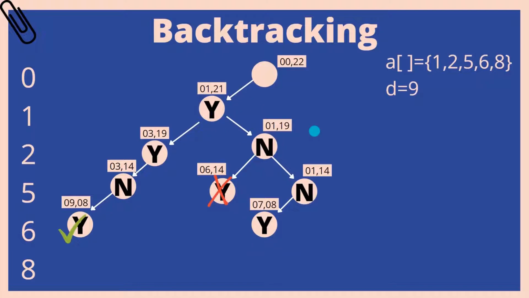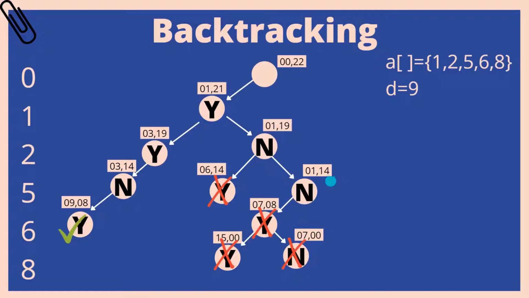After 1 yes, 2 no, let us take 5 as no. So after that, let us take 6 as yes. So now the new sum is 7, that is 1 plus 6, that is 7, and the remaining is 8. So we can move further. So our next two options are either take 8 or don't take 8, which makes the sum as 7, but the sum of sum and the remaining elements is less than 9. So both of the conditions are false. So we won't take either of them. So again, moving backward in the tree.